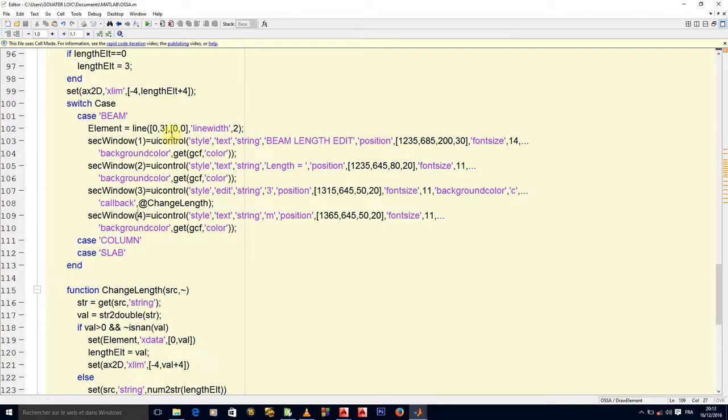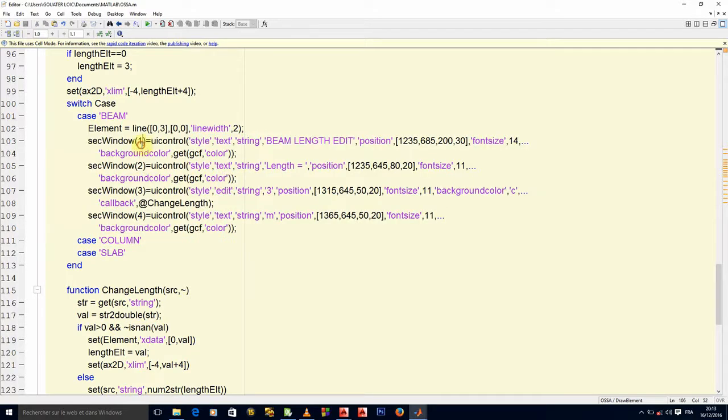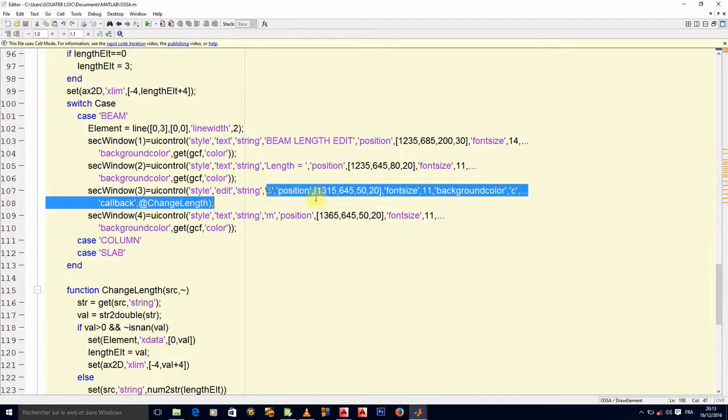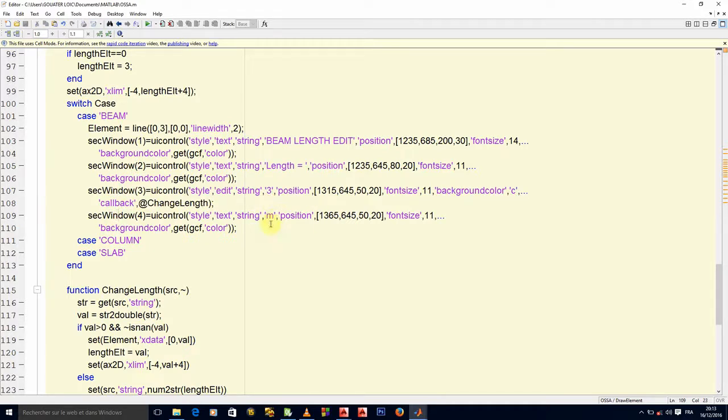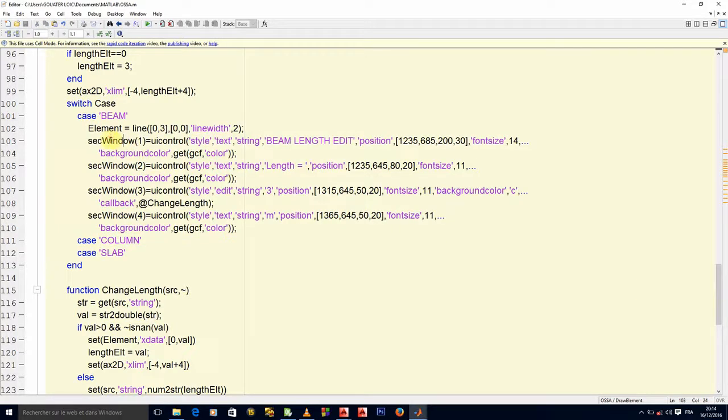It means that once I have created all of these, my second window is now an array of handles, where the first position has the handle to the beam light text, the second position has the handle to the length text, the third position has the handle to the edit text, the fourth position has the handle to the unit text. Okay, so if I therefore want to delete all of these objects, okay, what do I do? I simply do delete, okay, of sec window, and it will delete all of that because sec window contains the handle to all of these objects in an array form.